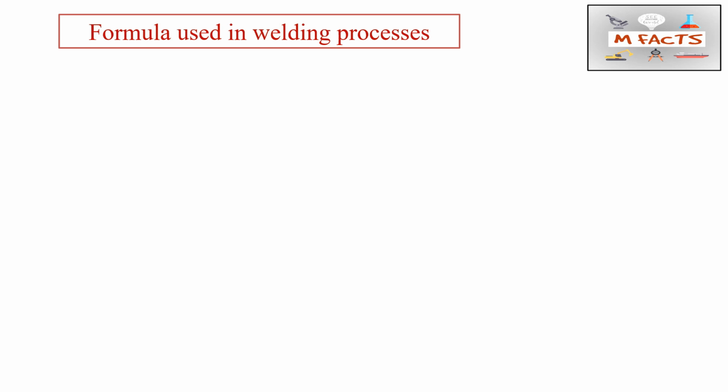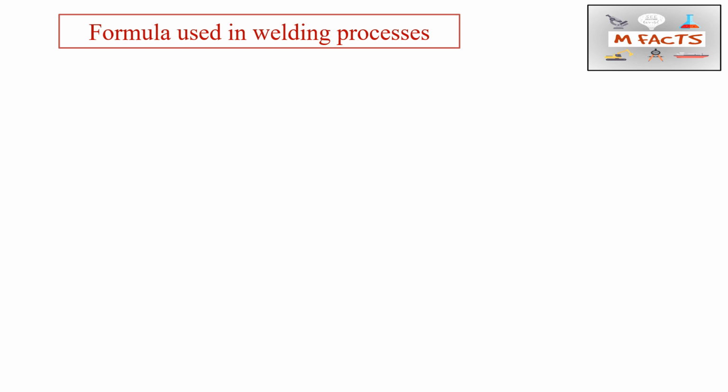So before doing the numerical practice in welding processes, we need to understand the formulas that are used in welding processes. So a few formulas I will write here, and a few examples I will show where different kinds of formulas can be used during the welding processes. For the calculation purpose, we will see the formulas that are used, and we will also see how we can manage the units, how we can convert the units as per our requirement in questions. We need not remember many formulas for welding processes.